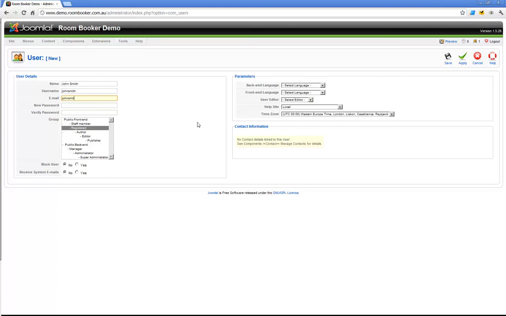For his email, we're going to give him just an arbitrary email address. You'll need your practitioner's email address in order to create an account for them. So John Smith at mypractice.com.au. It's just a made up email address. You can assign him a password, so you might give all your practitioners the same password for ease of use, which is perfectly fine to do. So you might have your password as mypractice, and you might just assign some kind of random number at the end. So we'll just go mypractice532, verify the password,